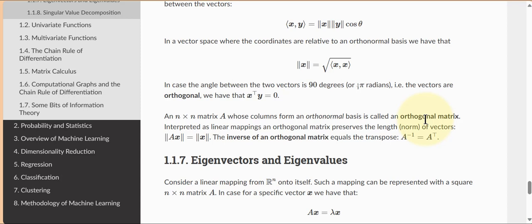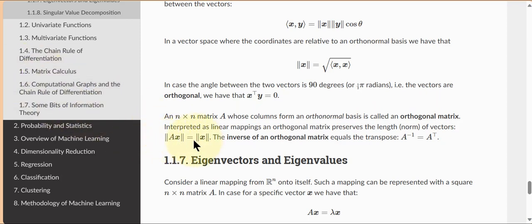But one thing that will happen if the matrix is orthogonal is that the length of the output of this new vector, in other words, the length of that will be the same as the length of the original input vector. So in other words, here,